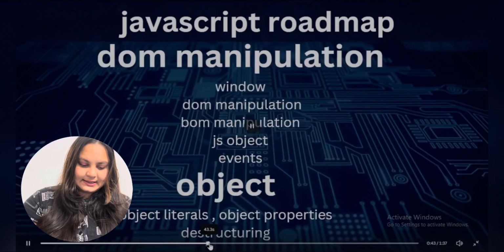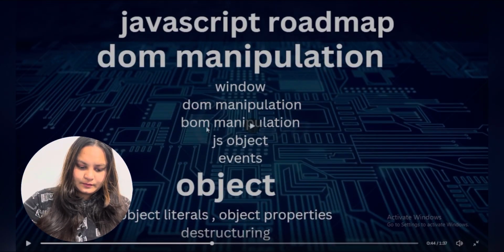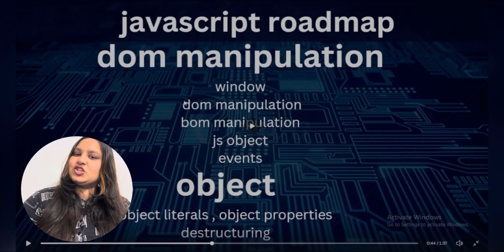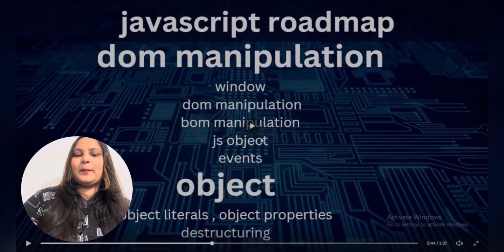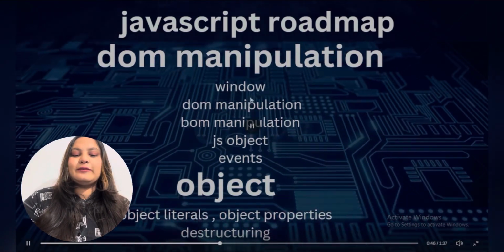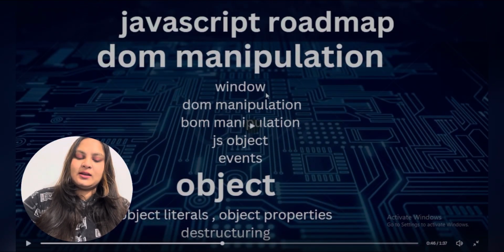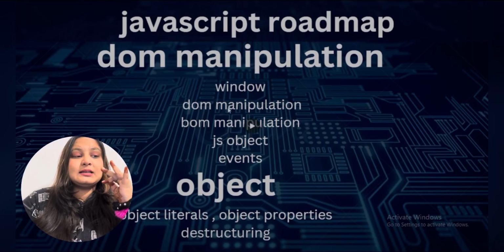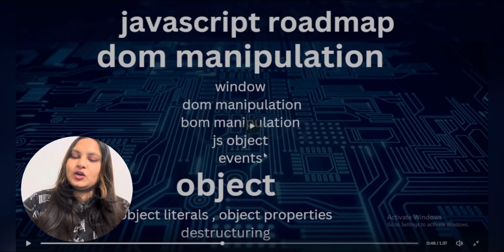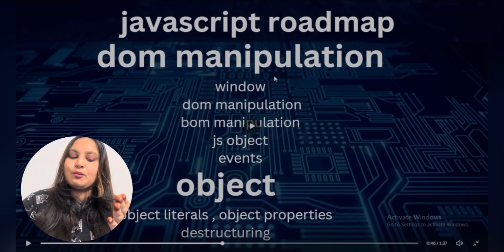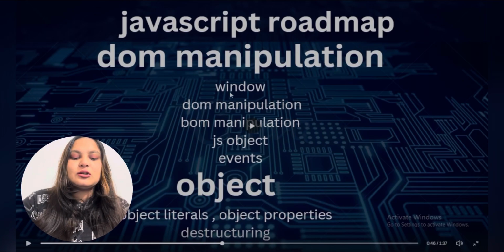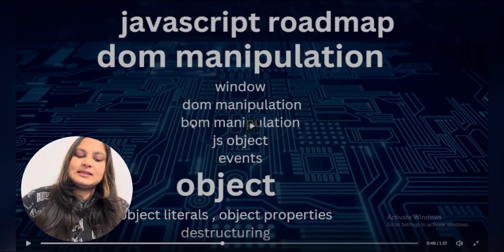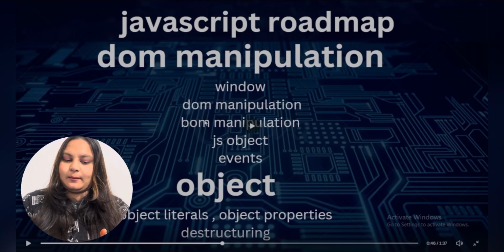Now what is next? DOM manipulation is the most important topic in JavaScript. So we are going to cover that. And in that, of course, window. And window has 3 parts. We can divide a window into 3 parts: DOM manipulation, BOM manipulation, and JS objects. JS objects is somewhat different. And see, DOM manipulation is the document object model. BOM is